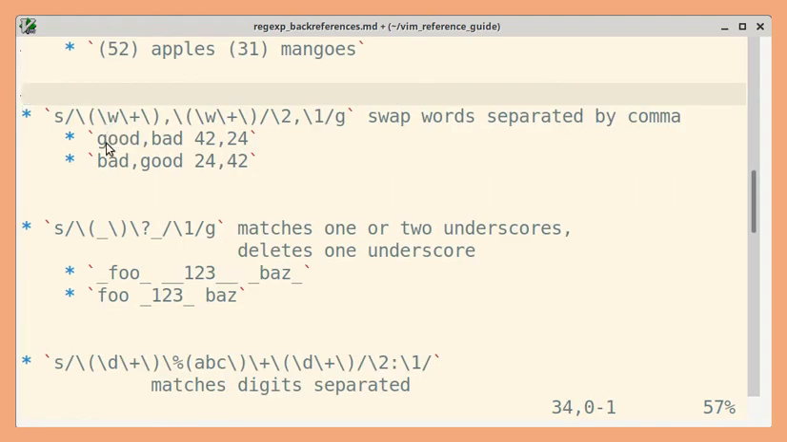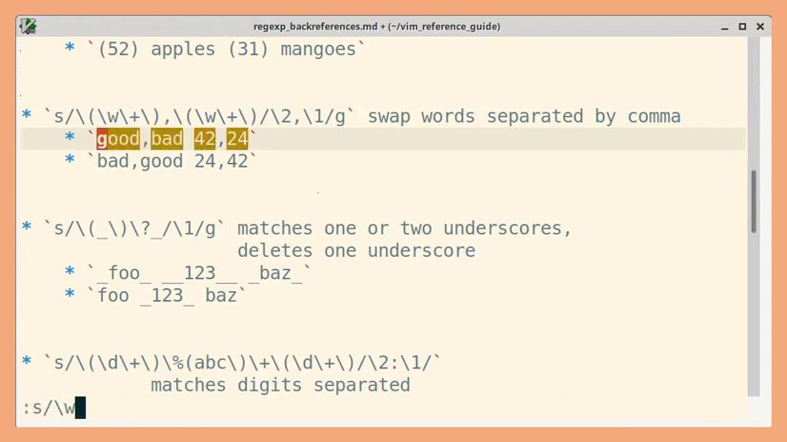Next, let us see how to swap words that are separated by a comma. To match word characters, we can use \w. Word characters are alphabets, numbers, and the underscore character. We want to match this 1 or more times, and there are 2 words that are separated by a comma. So this helps us to match words separated by a comma. We want to swap them, so we need to capture these 2 words separately. So surround them by parentheses